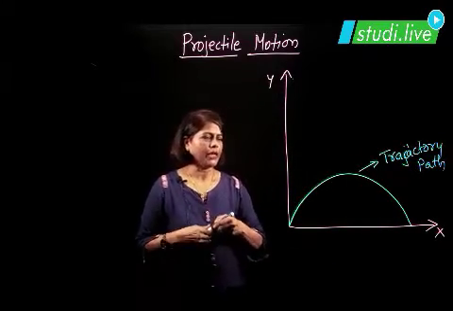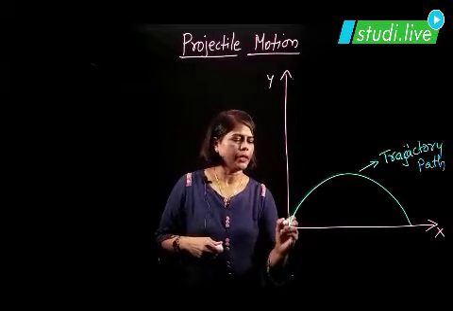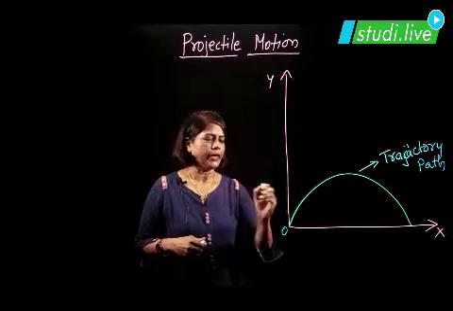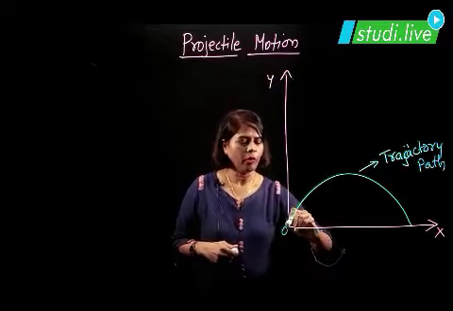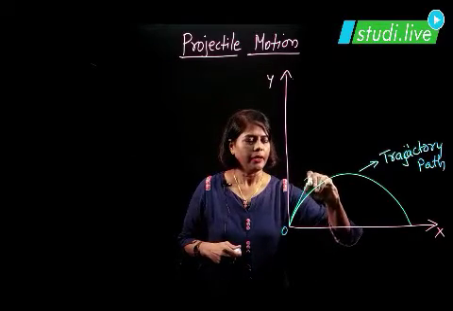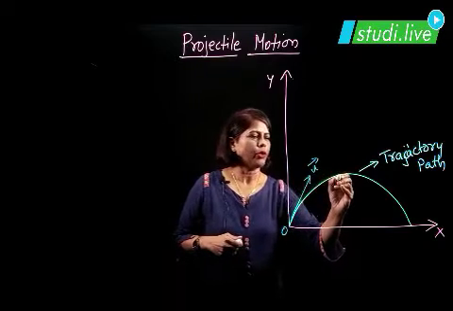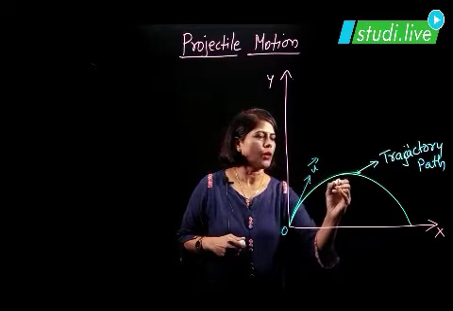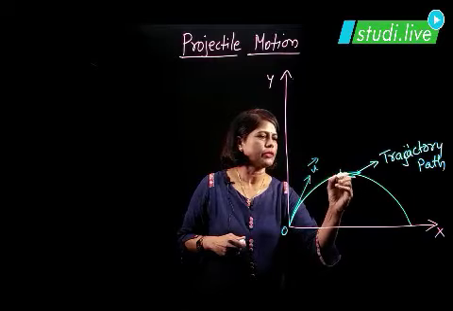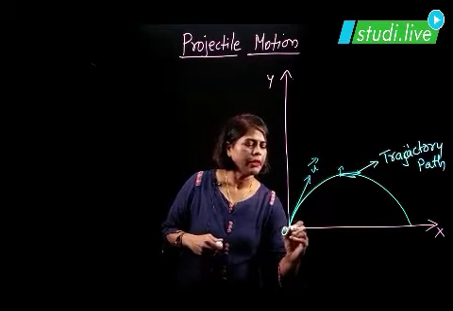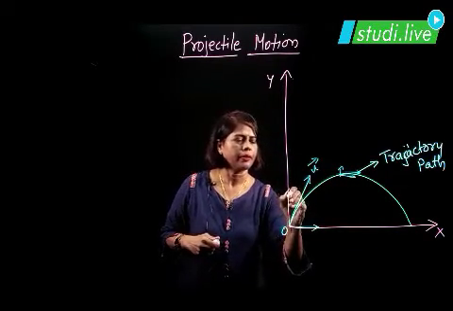Now suppose we assume that this is a ground pitch. Okay, here is the batsman, right? And he is hitting the ball with the bat. So when the ball is hit, it will have a velocity, and the ball will go with this velocity. At this point also it will go with the velocity. Now it will be resolved into different components. Here also it will be resolved into different components.